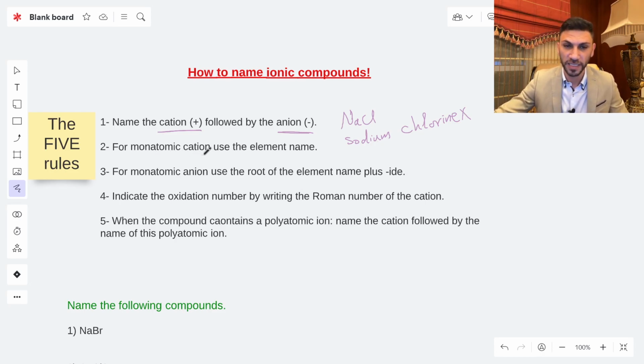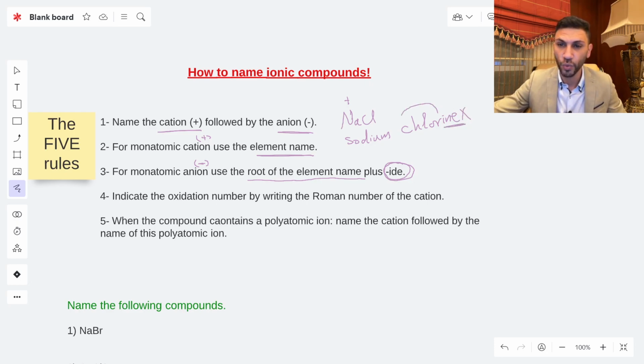For a monatomic cation, use the element name. So this is Na positive, it's sodium, we use the element name, no change. For the monatomic anion, the negative one, use the root of the element name plus IDE. This is the main rule. So I cannot write chlorine. I'm going to write the root of the element, and then I'm going to add IDE. And we all know the sodium chloride, the table salt. So the name now is sodium chloride,